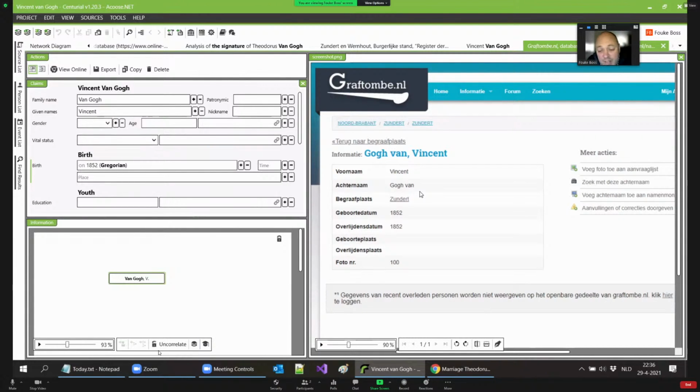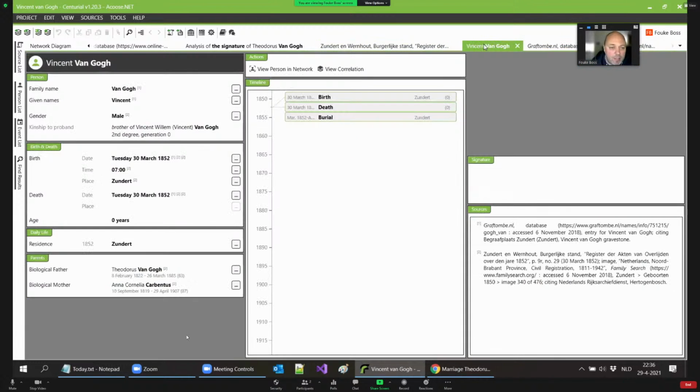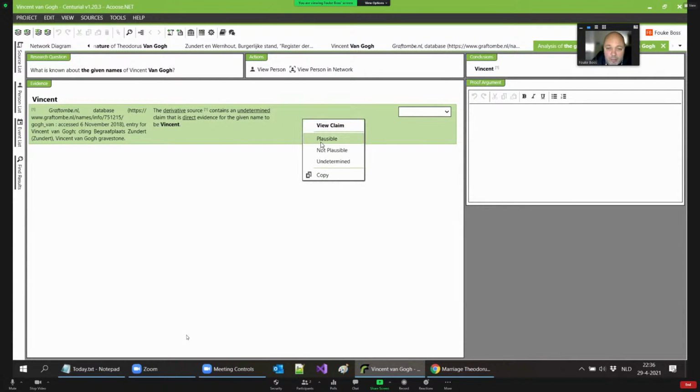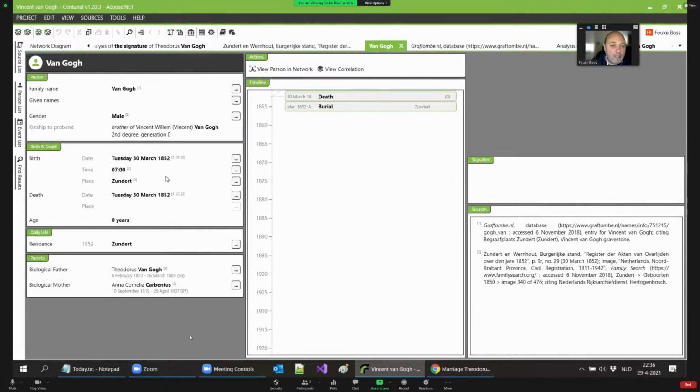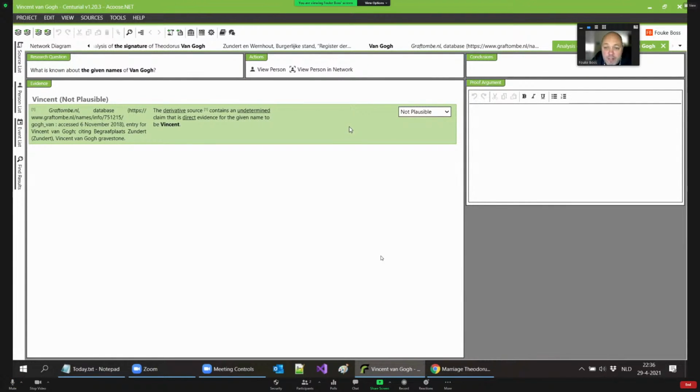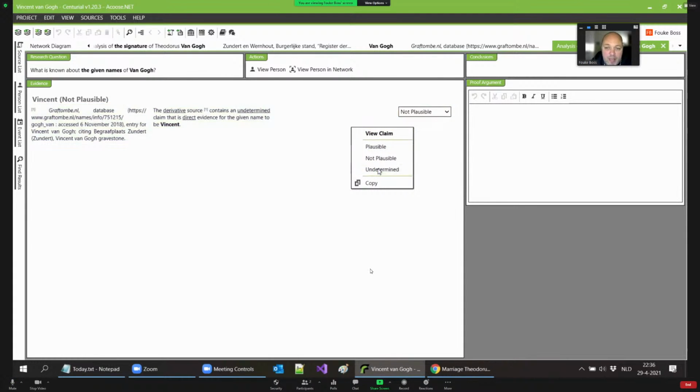And in the end, and I think that's one of the most interesting things that starts to happen if you do genealogy like this, it almost doesn't matter, because if one day we decide, okay, this source is wrong, then we simply go to, let's see, is this the correct one? This is the correct one. We say, well, I think it's not plausible, and then the name is gone, right? You have a justification for why it's not plausible? Well, I don't have one at the moment, so okay. I'm going to put it back on undetermined. But